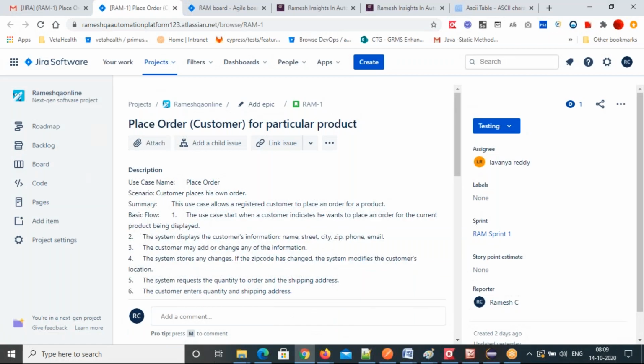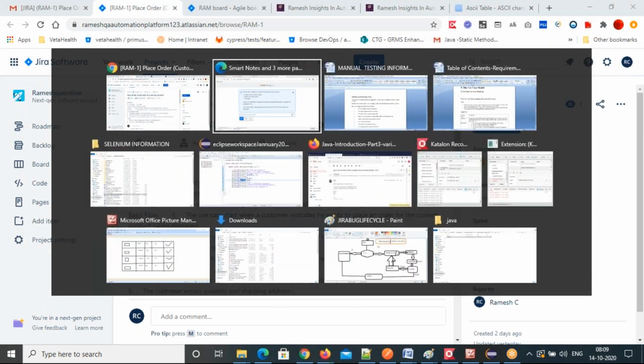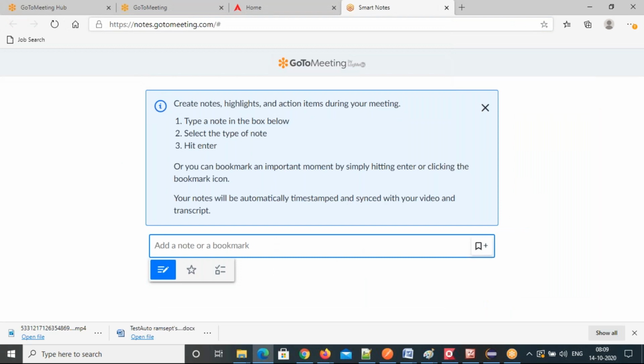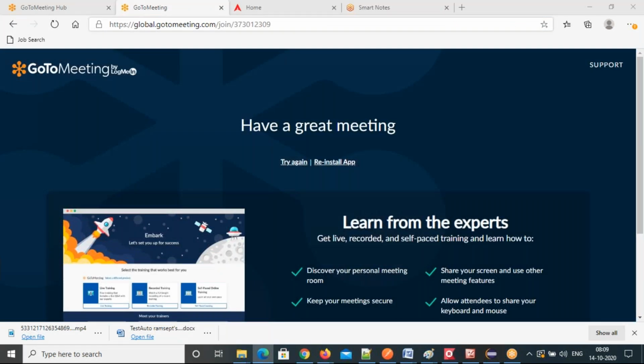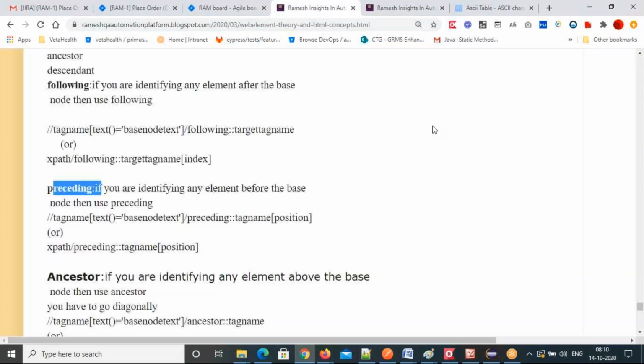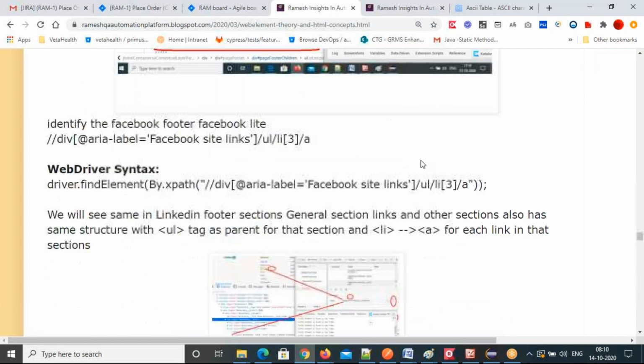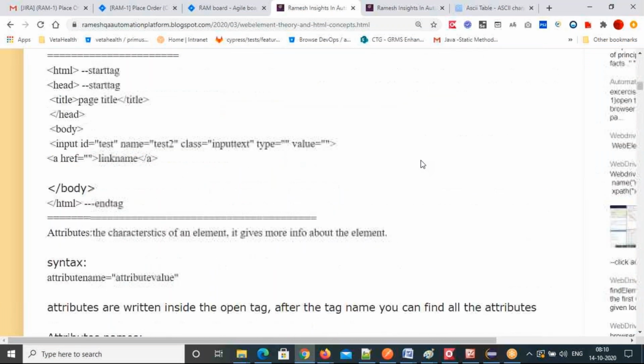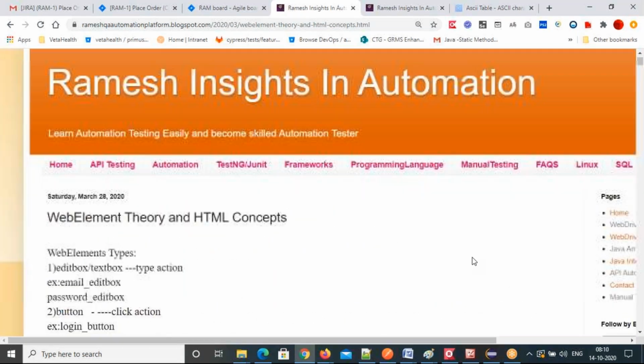At the end of 2009, they released Selenium WebDriver to the market with the 2.0 version.